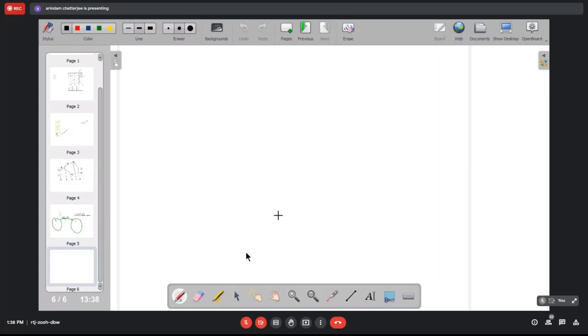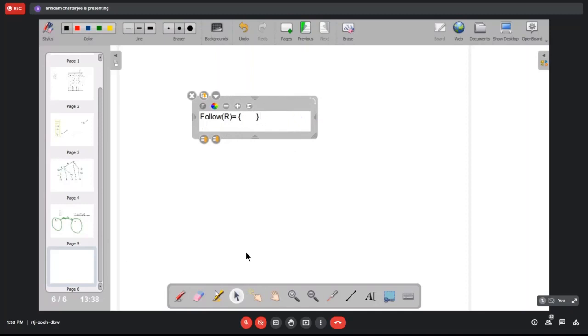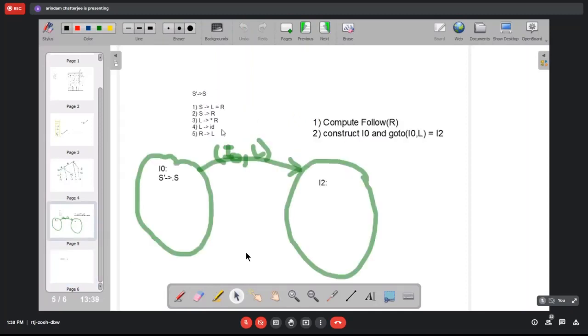What is in follow R? Please let me know, if you have done this follow R from this grammar. Okay, I leave it as an exercise to you.